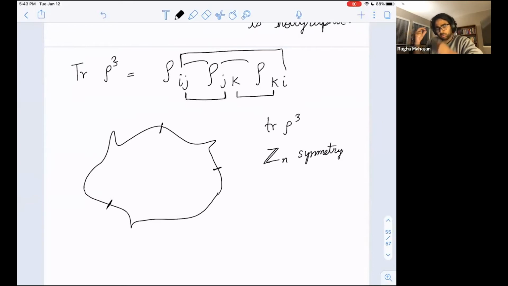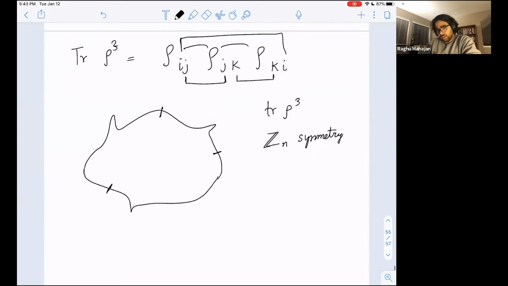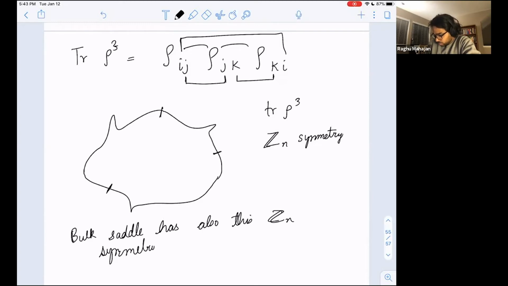in AdS, we are supposed to take these boundary conditions and fill in the bulk and find the saddle points of the bulk Einstein equations. And we do that, and we assume that the bulk saddle also has this Zn symmetry. Okay, so usually what will happen is there will be a fixed point of this Zn symmetry, and the bulk